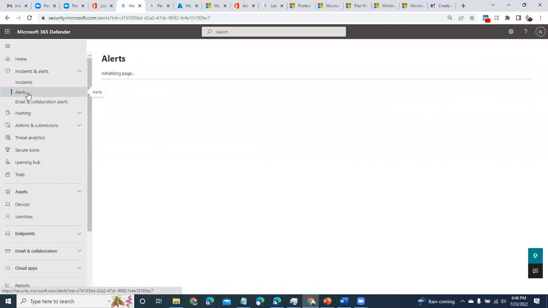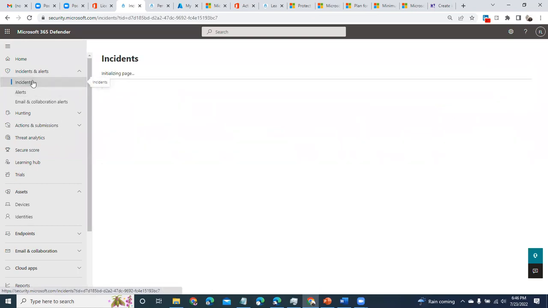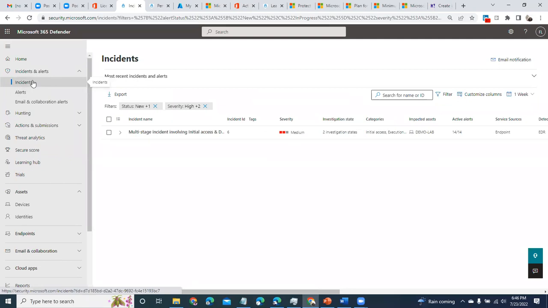And then you can go into the alerts. An incident is a correlation of different events, right? And these events are based on triggered alerts. So based on the different alerts that happen, the Microsoft Defender for Endpoint can correlate them into an event. You can see that, oh, this thing that happened is matching to this one, is matching to this one. This is an incident.